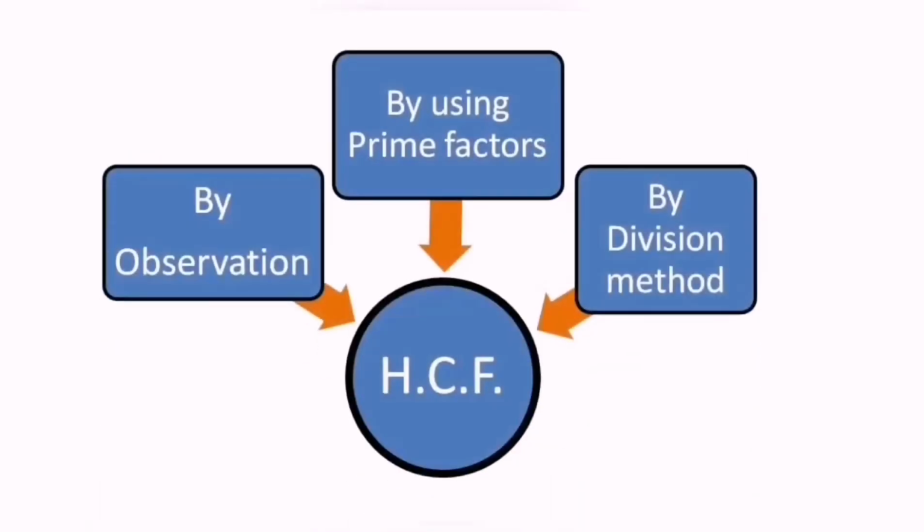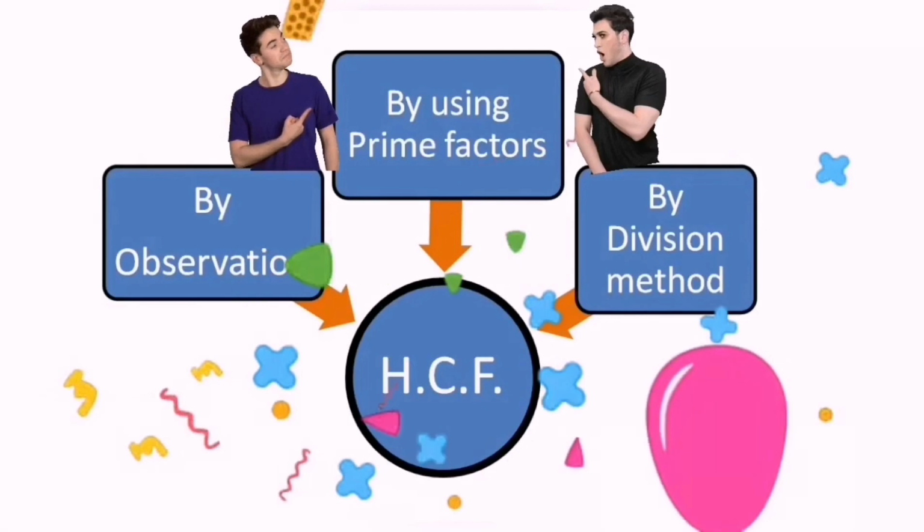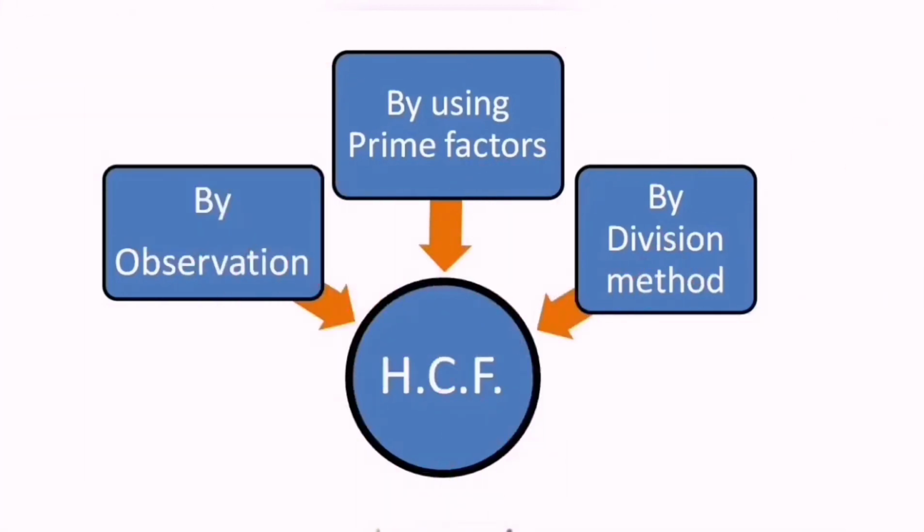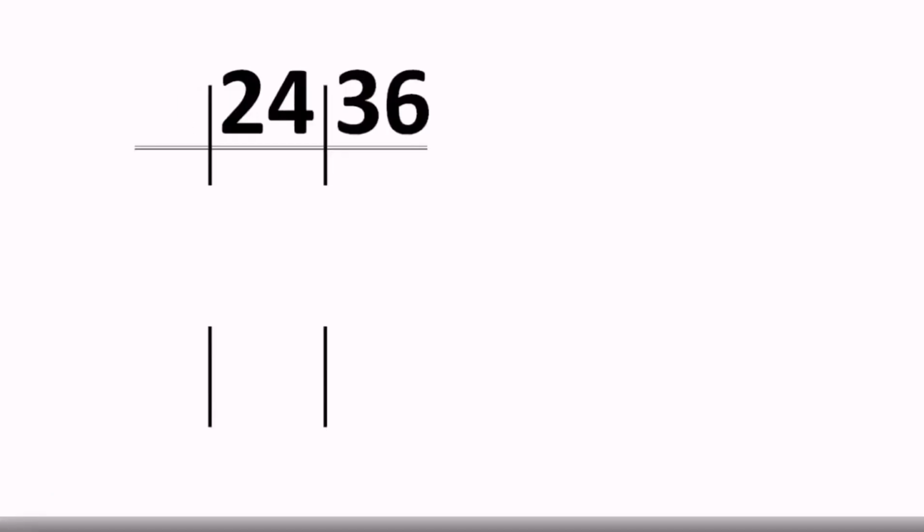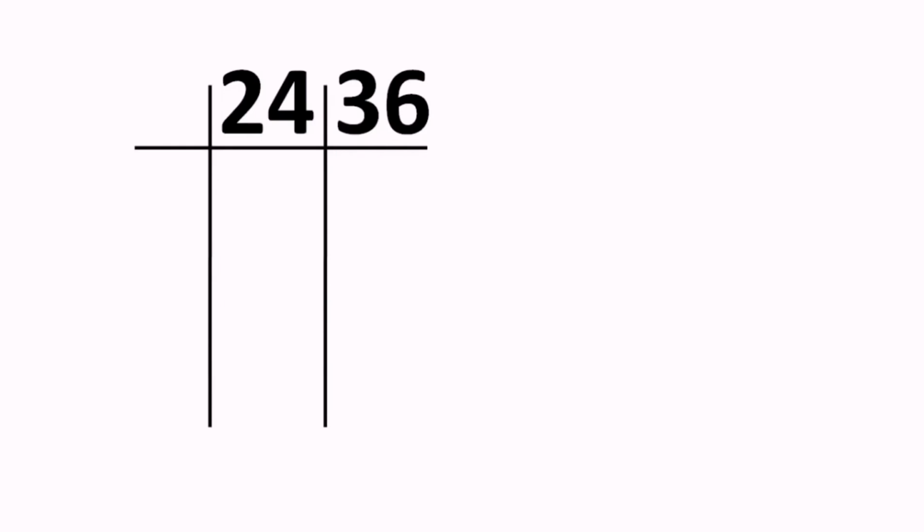After that, we have the prime factor method to help us find the HCF. And if you have really understood my previous video on finding prime factors, then this method will be the easiest for you. So let's begin. So boys and girls, here is the question on your screen, and as the name suggests, we need to find the prime factors of both the numbers to find the GCD.